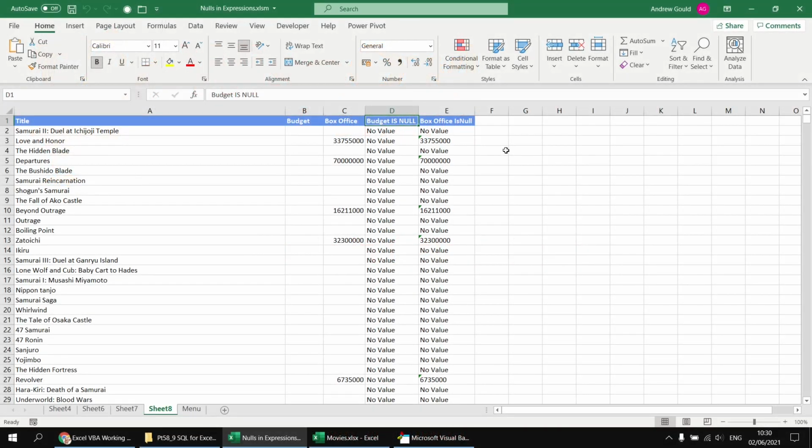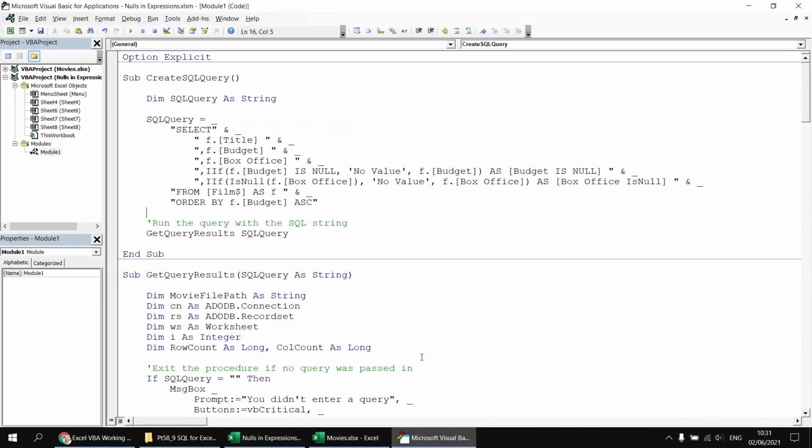For the next example, I'd like to look at what happens when a null gets involved in another calculation. So we're going to perform some very basic arithmetic. We're going to work out the profit for each film by subtracting the budget from the box office. So to do that, let's head back to the Visual Basic Editor,